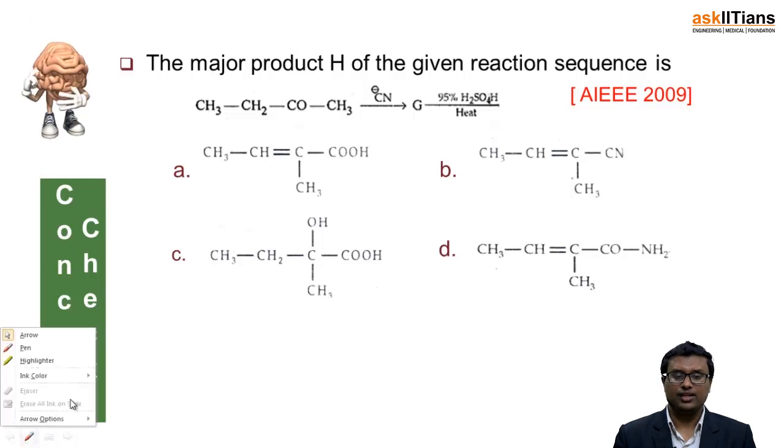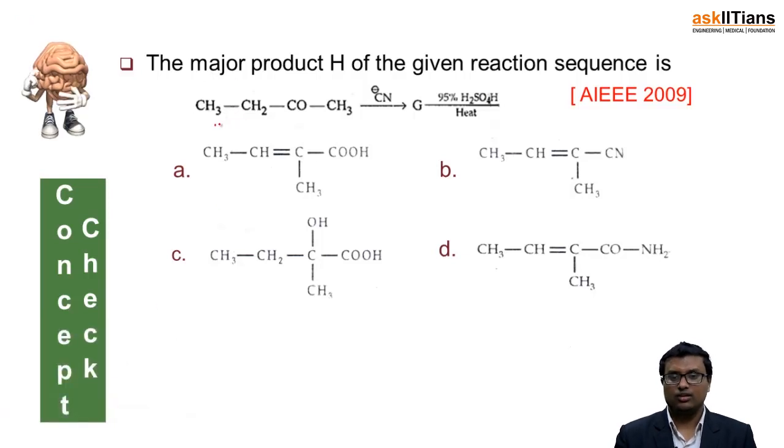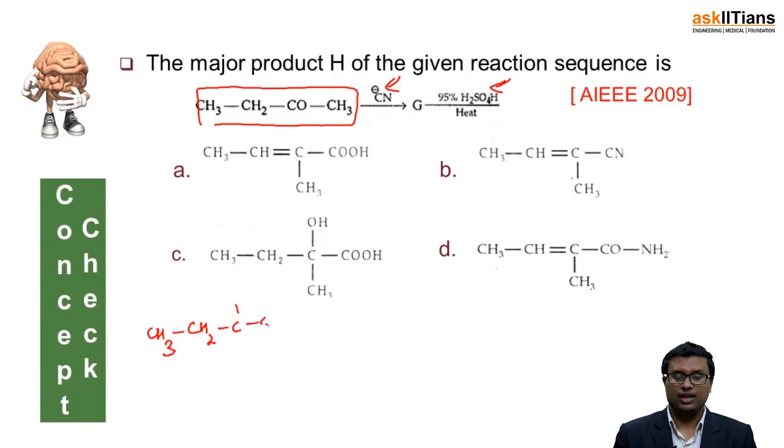Next question, right? So here you have a ketone, then you have a cyanide which is a nucleophile, then you are using H2SO4 which is a dehydrating agent. The question seems to be easy, right? We know that cyanides, the logic should be the same, guys. You have a cyanide, that cyanide attacks your carbon, right? And here you have cyanide, and obviously you have O minus, and this can form alcohol, right? You know this, that you will be getting a cyanohydrin. Ketones, when they undergo reaction with HCN, you will be getting a cyanohydrin,